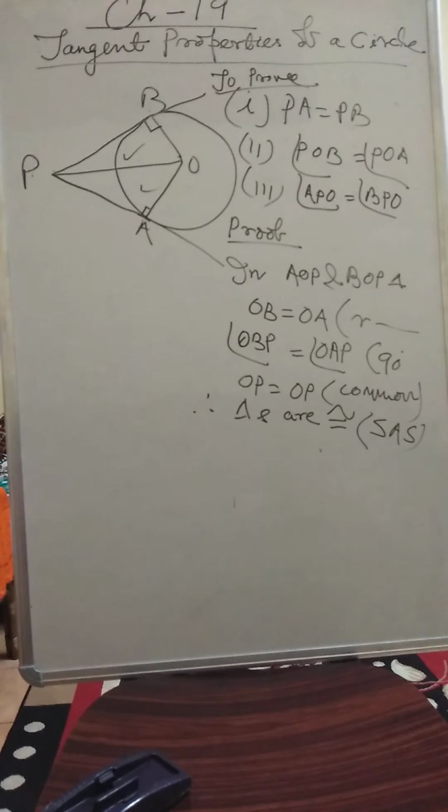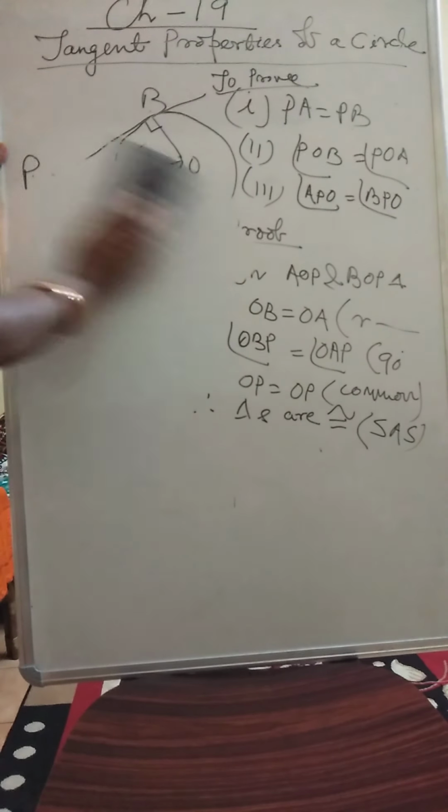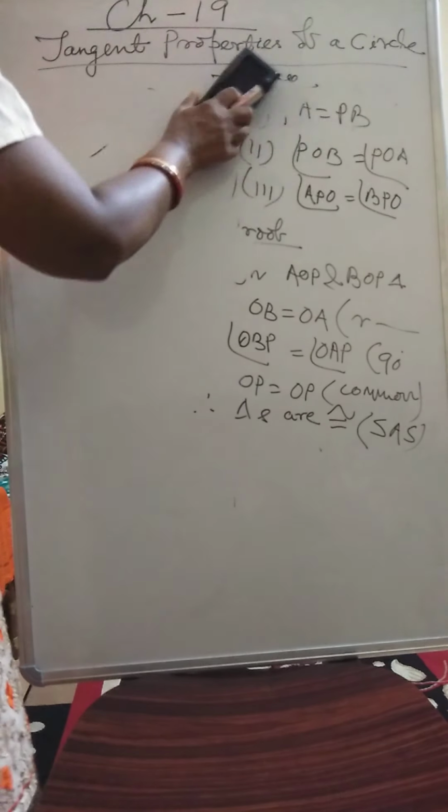Okay. Hence, we can write, we have to remember the things. PB is equal to PA. Why? Because tangent drawn from an external point on the circle will be equal. That property only we have to remember. No need to prove it. Only remember the property. Now we'll start numericals.